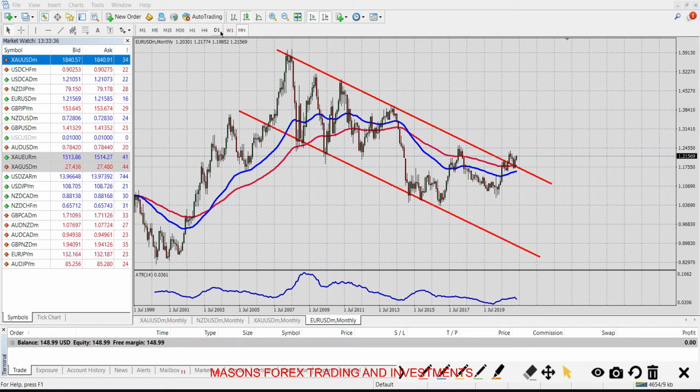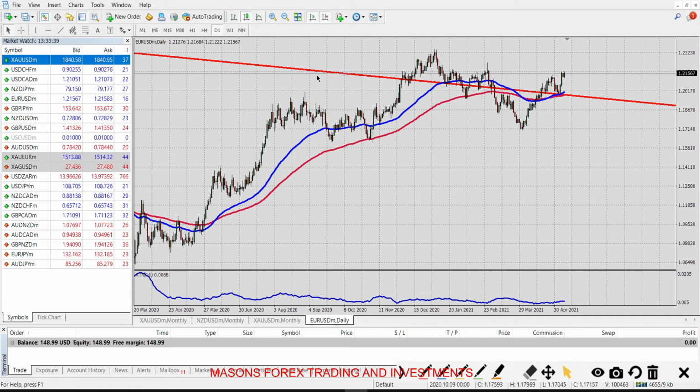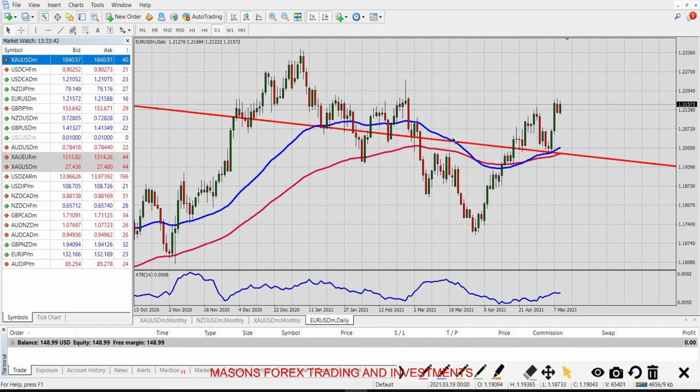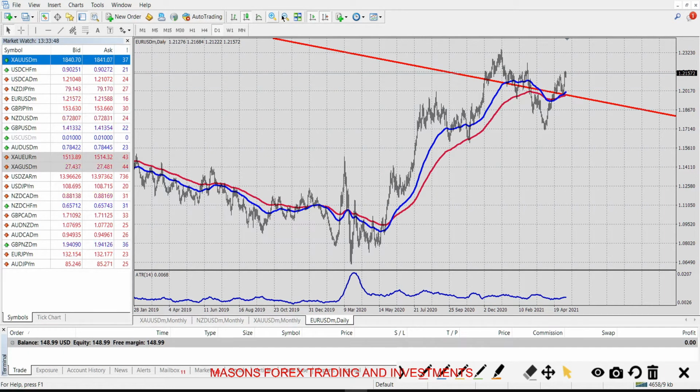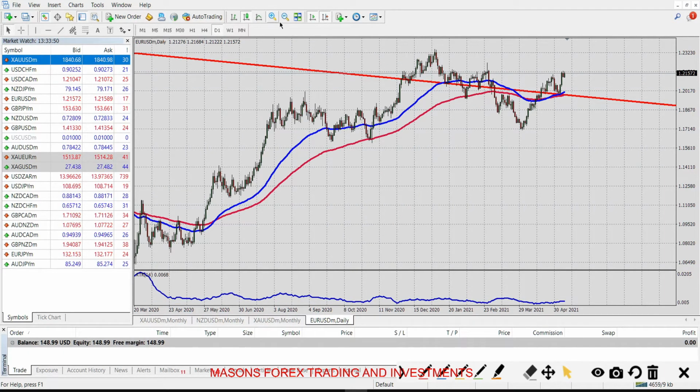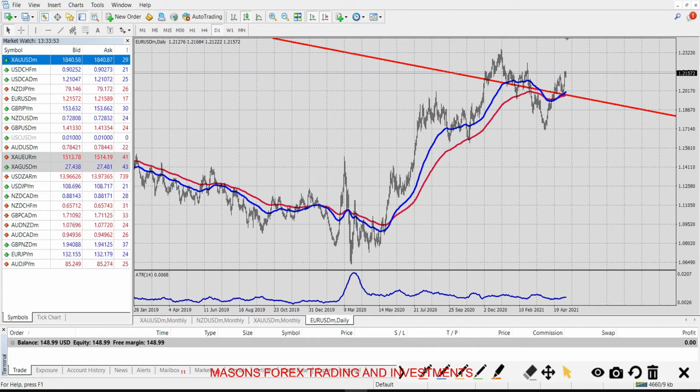I want to take it to the daily charts. Currently on the daily charts, you can see we had this push up, retraced, pushed up, and we had this range or retracement, whatever you want to call it. Then we pushed up a bit, retraced, and then we pushed higher,